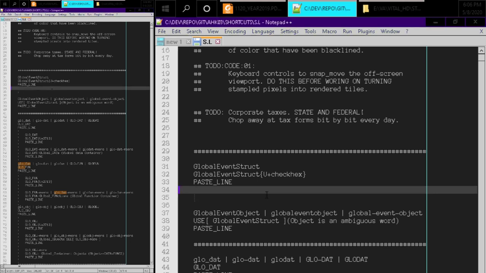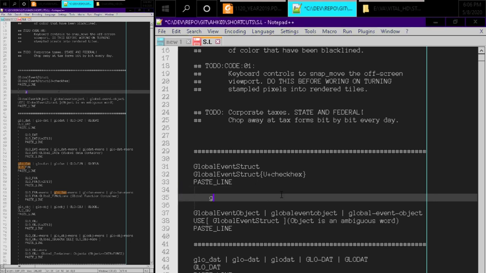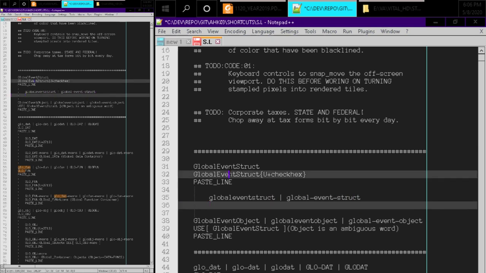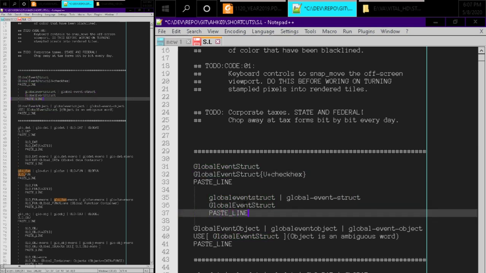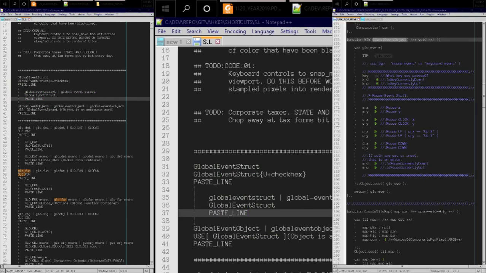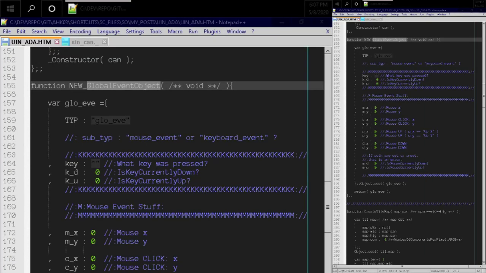Okay, so continuing. Global event struct and global event struct. Okay, so now that we've just made that note there, we need to